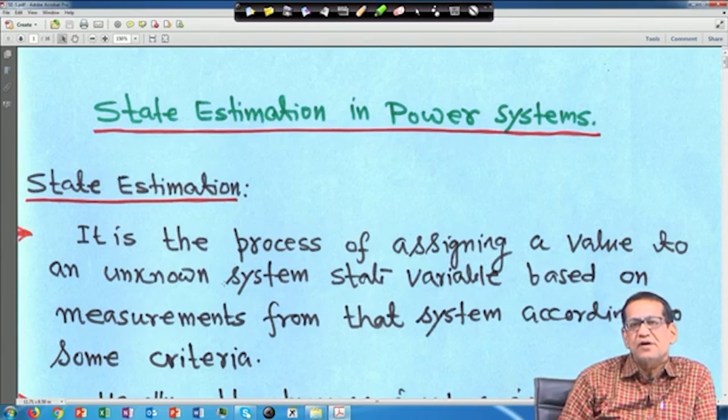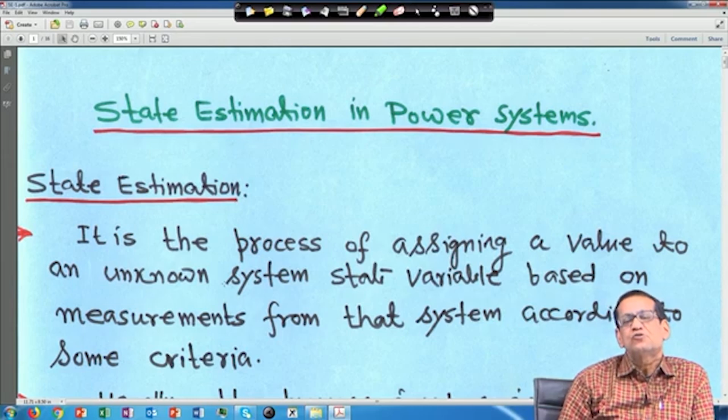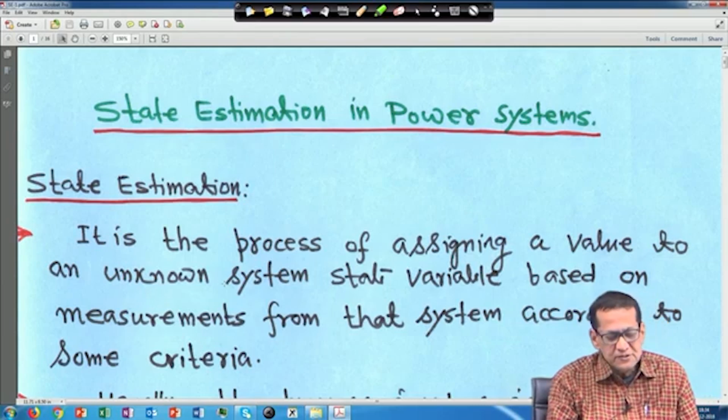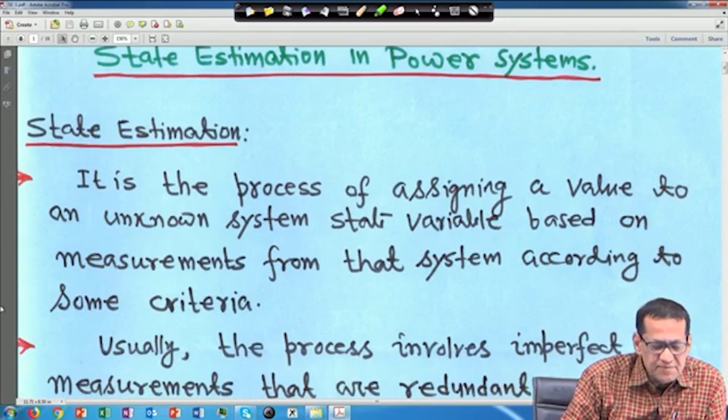Sometimes the measured value we will call the true value, and there are many state variables. You are taking measurements, but those measurements have error. So we have to find some methodology such that we can estimate those parameters as close as possible to the true value, or even the correct value. That is the idea. So state estimation is